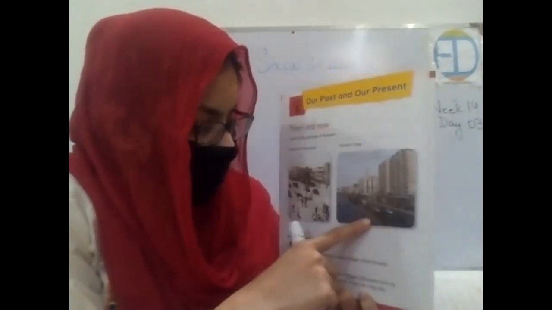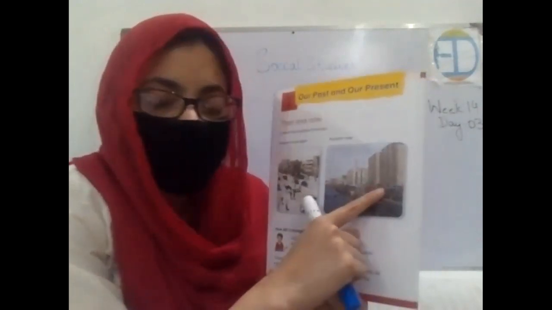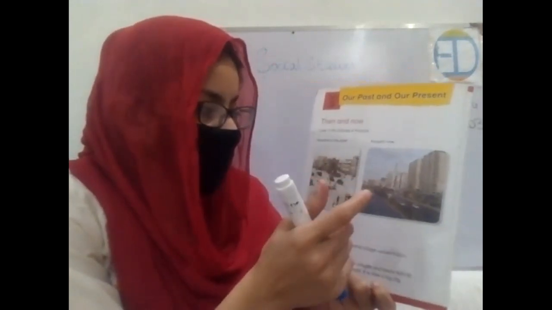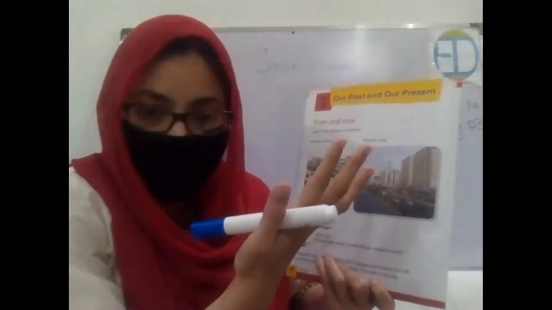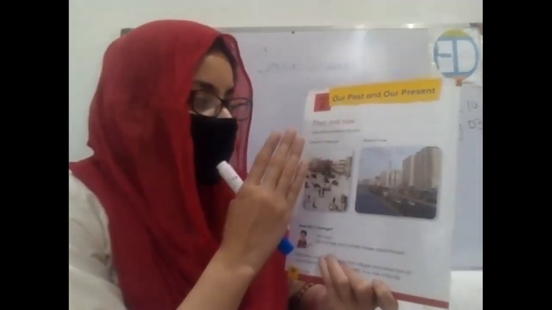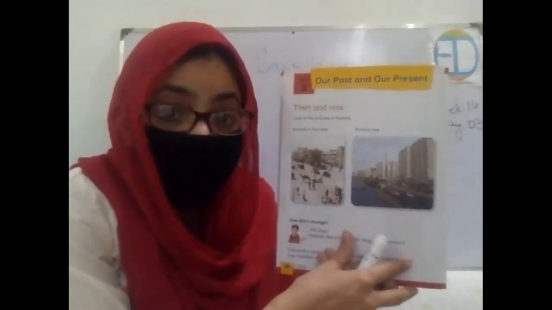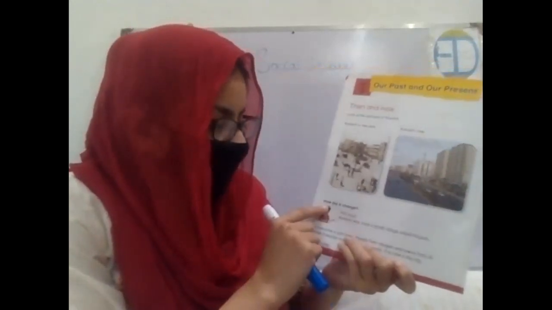Now look at this picture. Beautiful roads have been constructed. Look at the transport, they're all new models, they're all new technologies. We have skyscraping buildings, we have greenery, and everything has changed. This is the complete transformation, right? So this is one of the pictures, Karachi in the past and Karachi now, and it has changed a lot, right? Okay, how did it change?